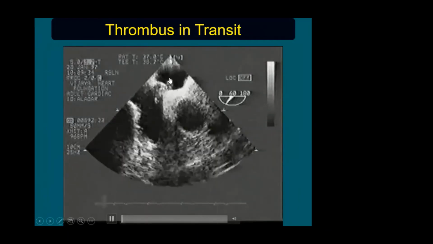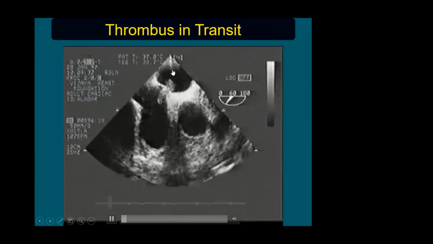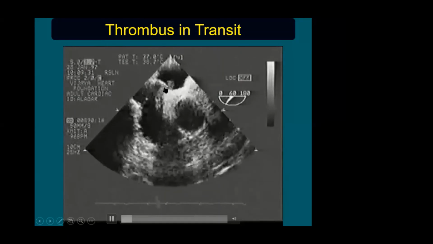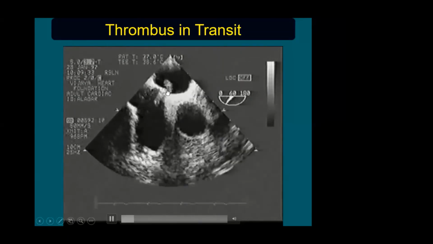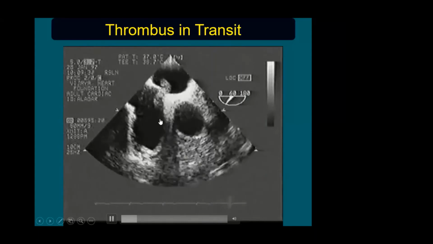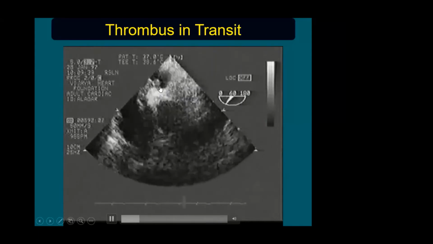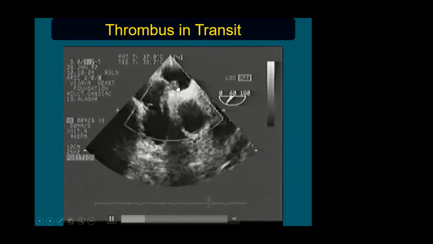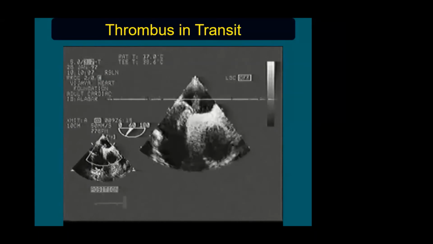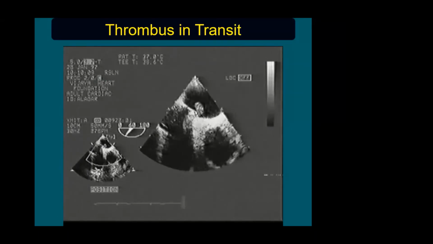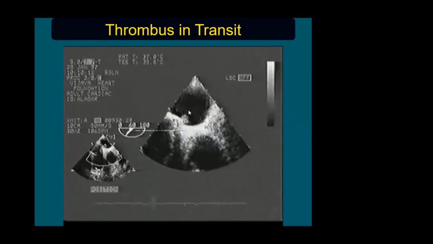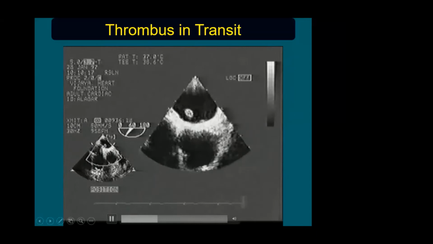This is a transesophageal echocardiogram in a patient with thrombus. You can see clearly this is the left atrium and this is the right atrium, the interatrial septum, and through the patent foramen ovale, a linear mass, a tadpole-like mass is trying to enter the left atrium. The left atrial mass also is a significant one. This is a cut along the short axis, so it looks like a small one. But if you go to the long axis, 130 degrees long axis, it is a large one. Anytime this can get discharged and it can produce a stroke. So this is a patient with a thrombus in transit.